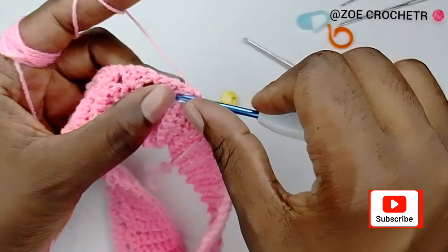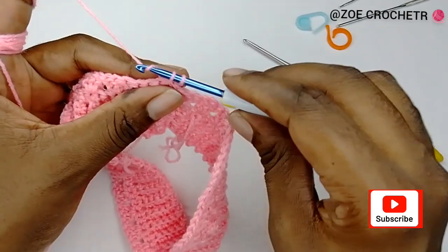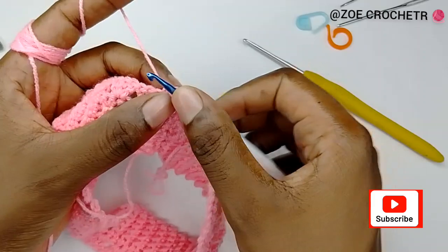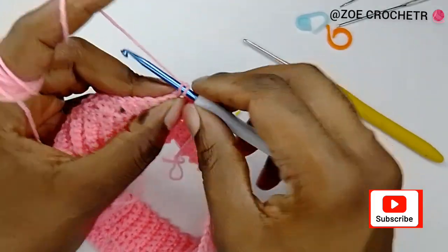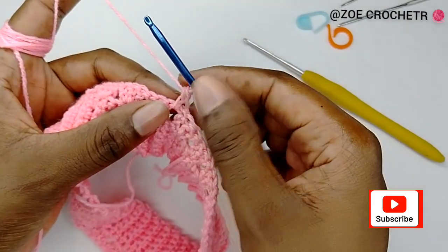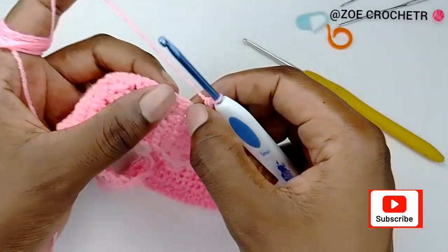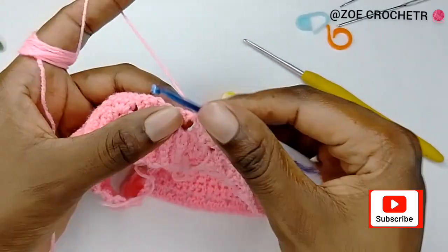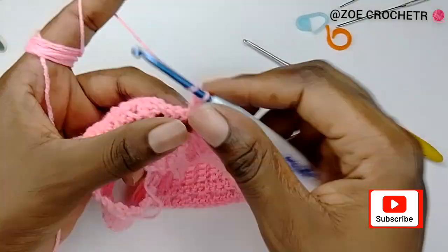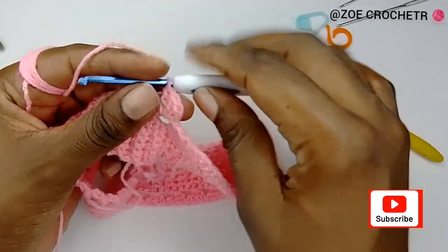You can see this space here, just come there, and that's where we're going to work in. And we're always going to start the same way. It just helps us have a very beautiful edge. Come into that first stitch, into that second loop, and make another single crochet, and this will stand for our first, and you can see what it gives us, right? Yep. And this is going to represent our first double crochet, yarn over and make the second and the third. Mark that stitch,